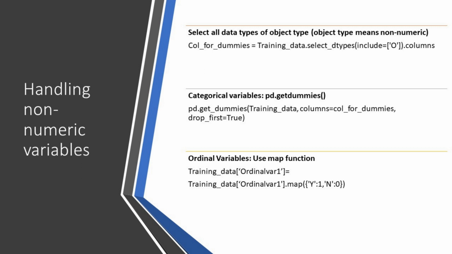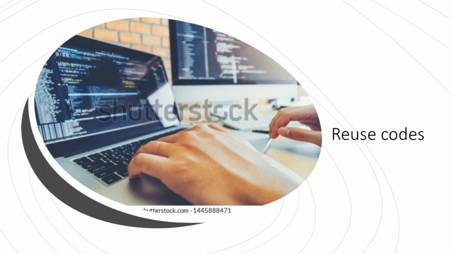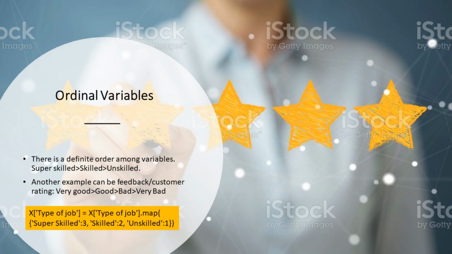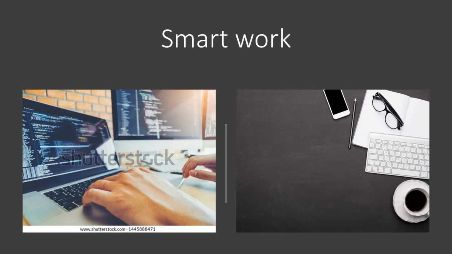Like that, if let's say you have 10 variables, then you have to write this statement 10 times, and you can just replace this ordinal variable 1 with the variable name itself. Let's say it is the skill level, so instead of ordinal variable 1, you can make it training data bracket skill level. You just have to change the name of the column, and that's all. You can directly use the code as it is, which is the beauty of coding. You don't have to be a researcher and make everything from scratch. No, do smart work and get the same thing done in a shorter time.